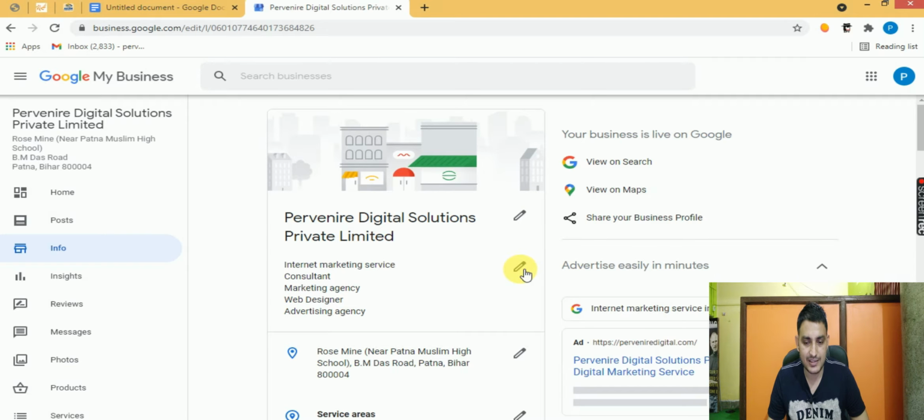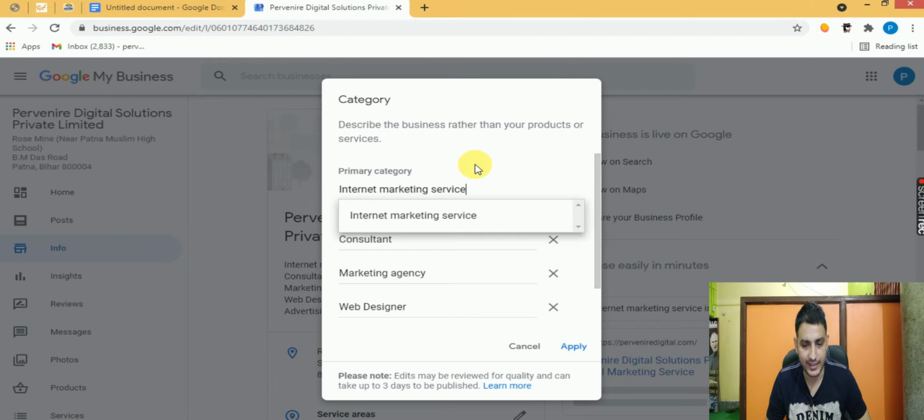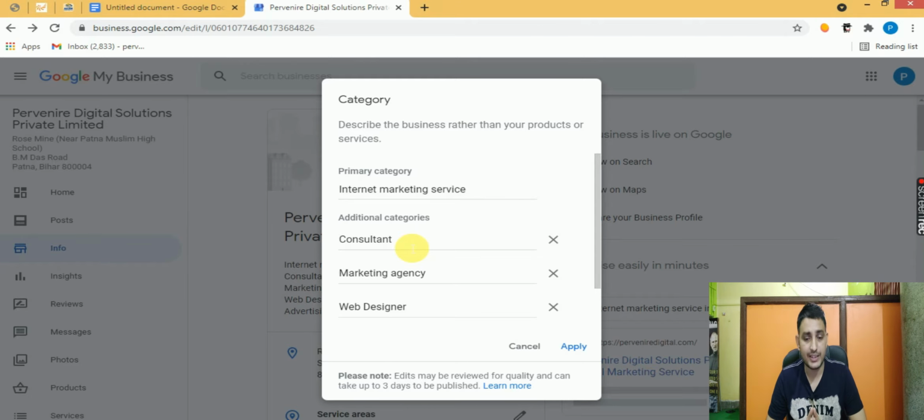Second is the category. This is also very important, but most people choose the primary category and forget to choose the secondary category. So you can add a secondary category, depending upon the nature of your business. If you don't know which category your business falls in, I have shared a Google Drive Google Sheet link in the description box. You can go through it, search for your categories according to your niche, and put it here.